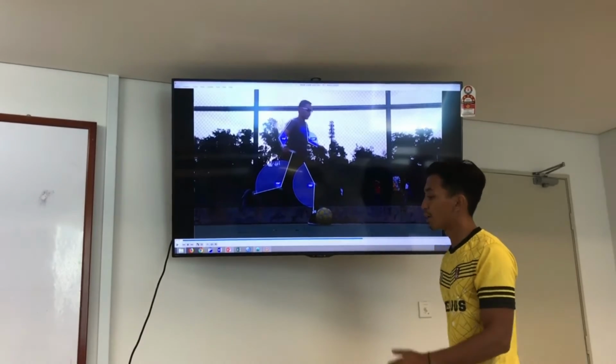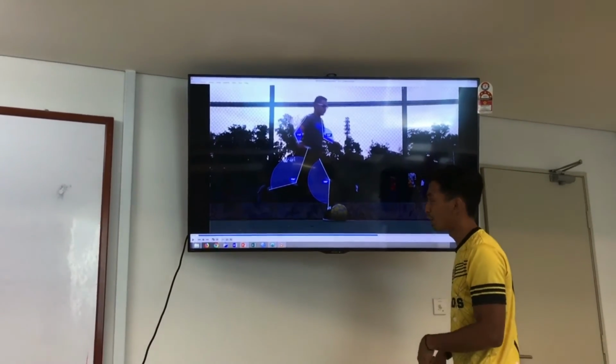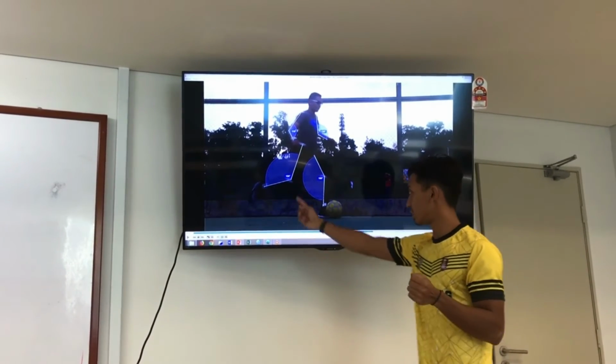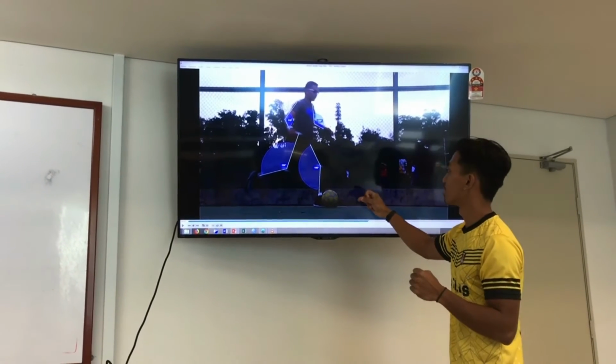So we get 150. So the flexion of the knee is not too much. It's just a little bit, and this is also for the dominant leg. Okay, so